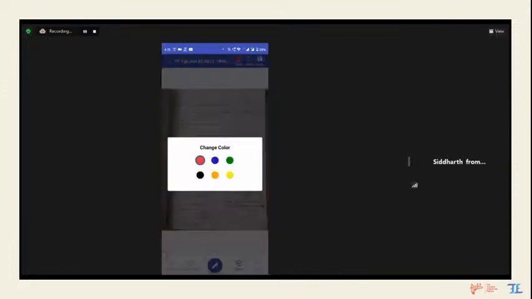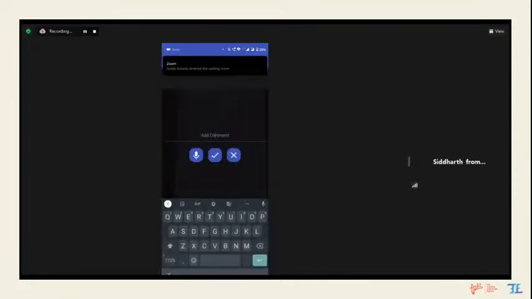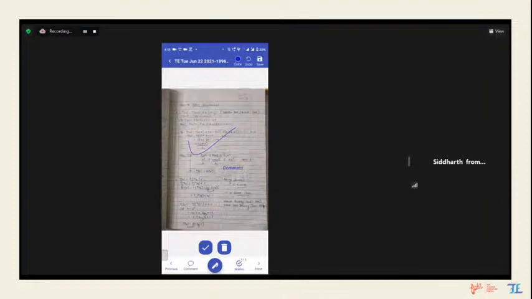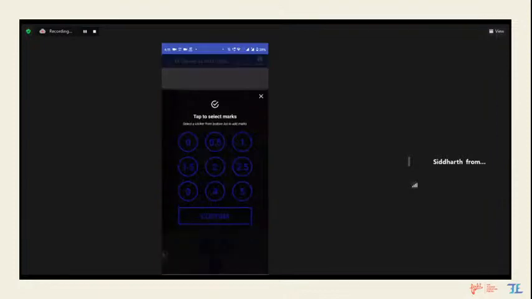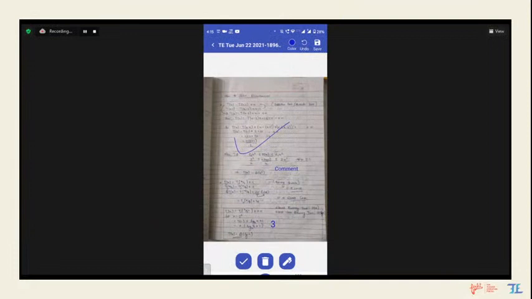You can select multiple colors. So a lot of teachers don't use red pen or red ink. They can use other color, let's say blue, and do the marking. And all the comments, or all the marks that they choose will also come in blue or whichever color they choose. Let's say I'm adding more marks. See how simple it is, right? And as a teacher, you can save hours of work every day. Every day you can save hours of your time for checking or giving feedback to your students. Now the whole process is simpler for you.